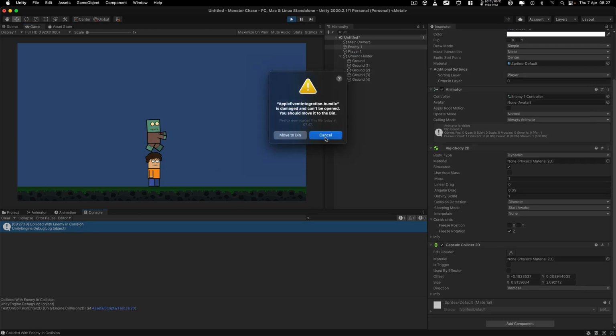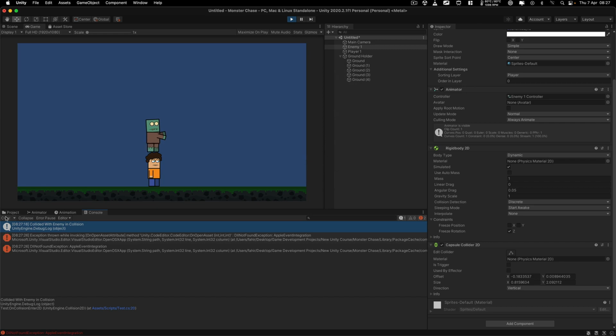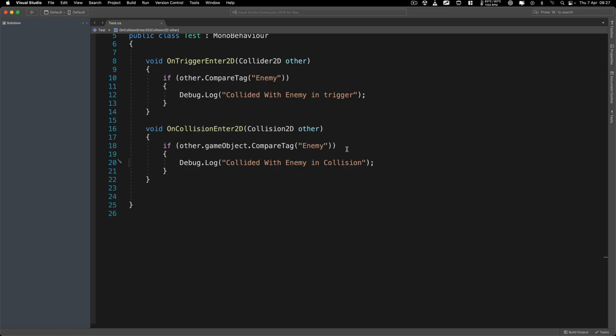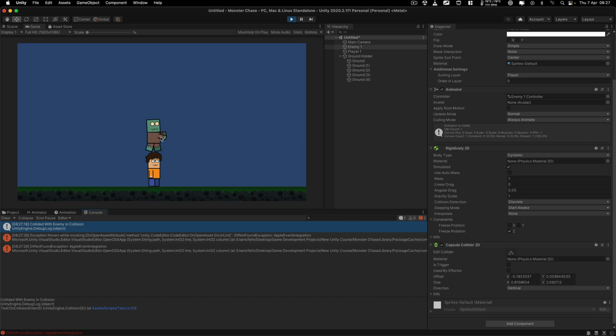I have some issues with my functions or with my Visual Studio. Anyways, doesn't matter. But the important thing is that this works and we can check it out. So if I go back over here, you will notice that this is the line of code that's being triggered, which means inside of collision. And also you will notice one more thing, that the enemy is standing now on top of the player's head,